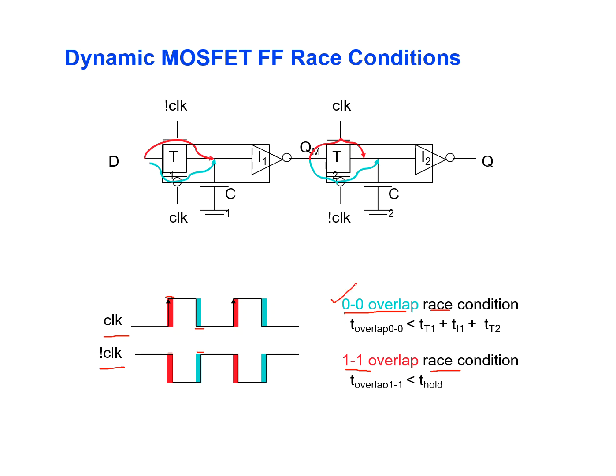So the NMOS of T1, when your clock is 0, your clock bar is also 0. So this transistor is in off condition, and this PMOS transistor of the transmission gate is in on condition. Similarly here this is off, and the T2 PMOS is in on condition. Hence a path exists from D to Q directly. Your master slave condition is not in operation. Hence the race condition may occur.